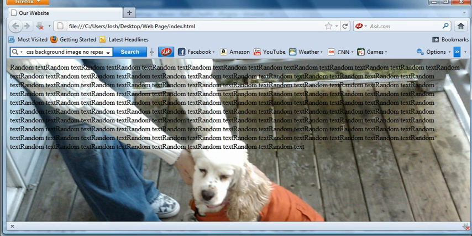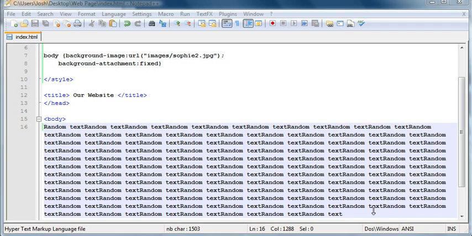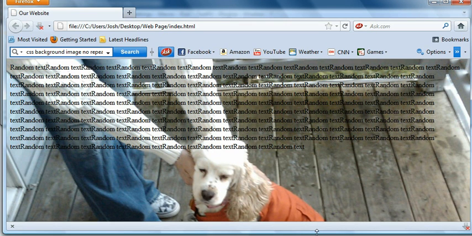Refresh, and we still don't need to scroll. So I'm going to move this up so that it requires scrolling. Now you can see it needs to be scrolled, and as I scroll, the image doesn't move. No matter how many times I scroll, this image will not move. So in part 3,